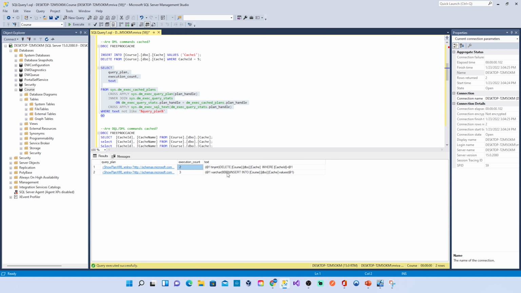And even though I ran this 3 times, it didn't create 3 plans. It only created one. It knows it's about the same thing, so it won't create it again. It only created it that one time. Same for the delete. Okay, so now we can conclude that DML commands are cached. I didn't put an update in here, but if you try update, you'll see that they are also cached, the same as insert and delete, and even merge. If you do a merge, that will also happen as well. Okay, so let's move on to